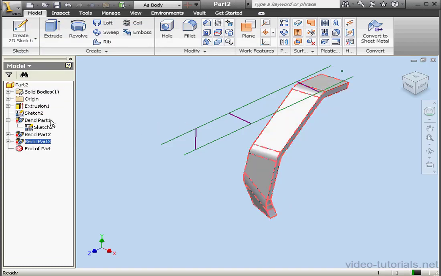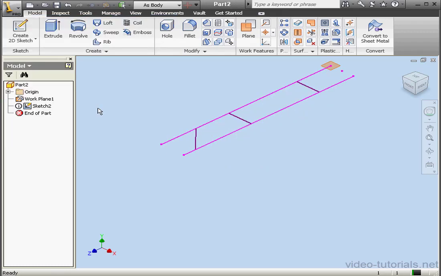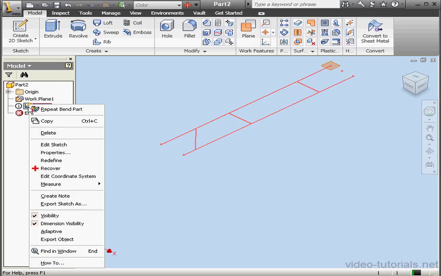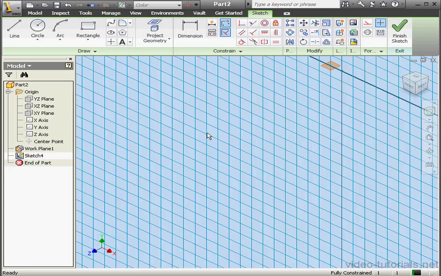Let's delete these features. Shift-select, right-click, and delete. Even though I just tried to delete everything, since that sketch was shared, I've got to delete it separately. Let's create another sketch now. On the XY plane,